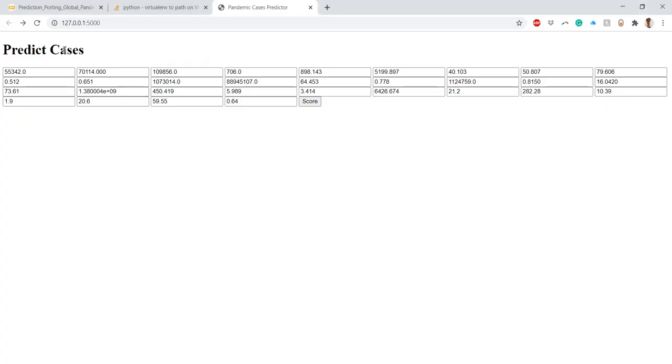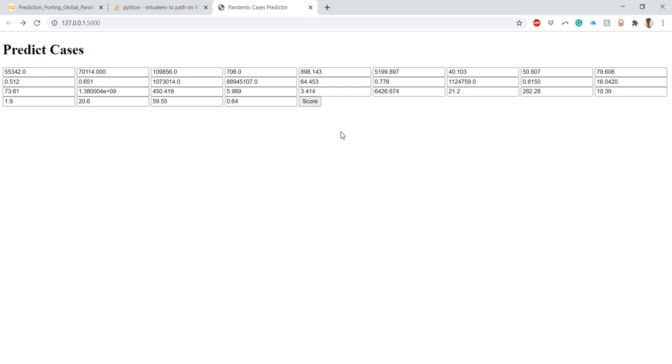If I go here, I have already put in these values. Putting in these values requires some time and patience, because if you miss even a small value, it will throw an error and will not predict. So that's why I did this.